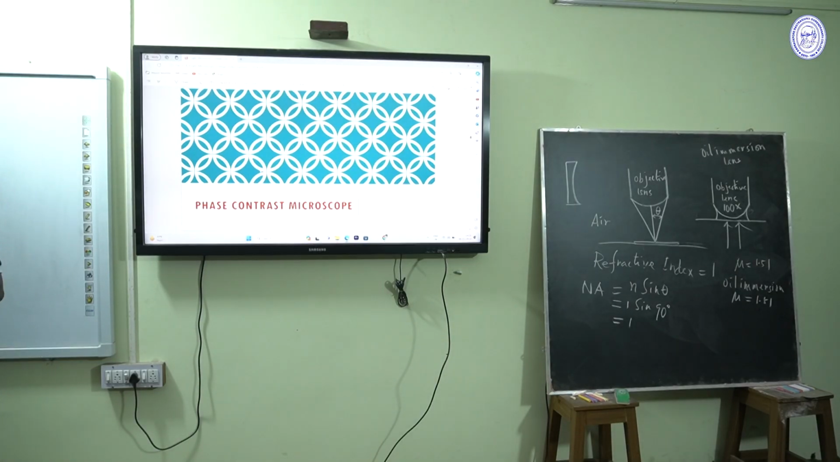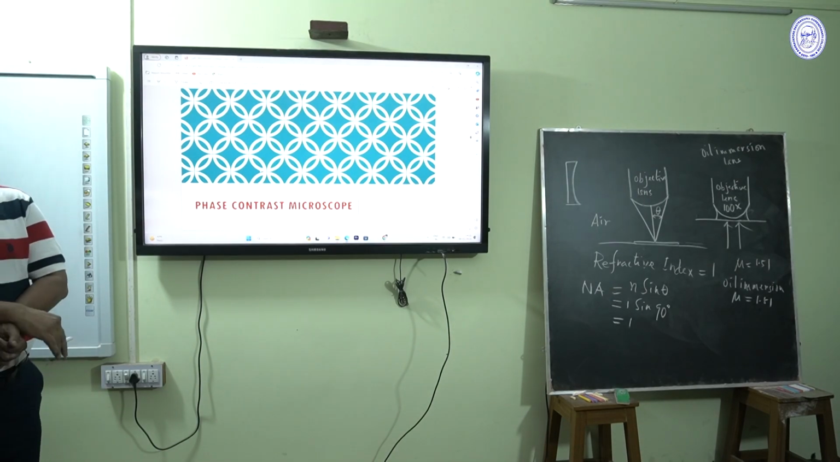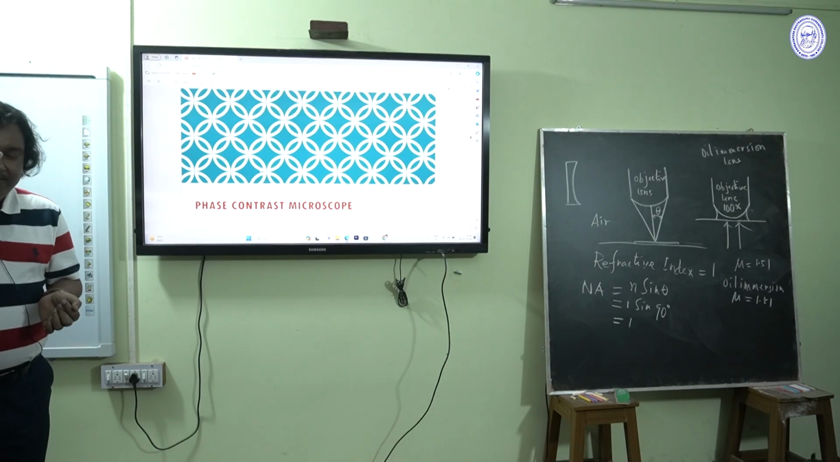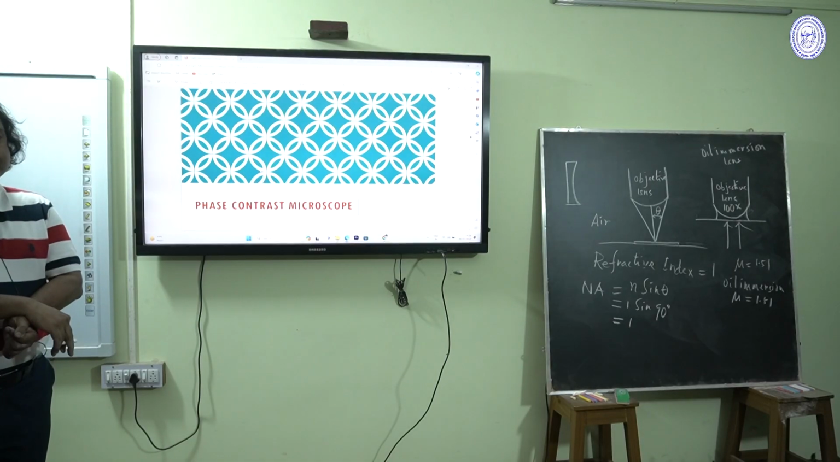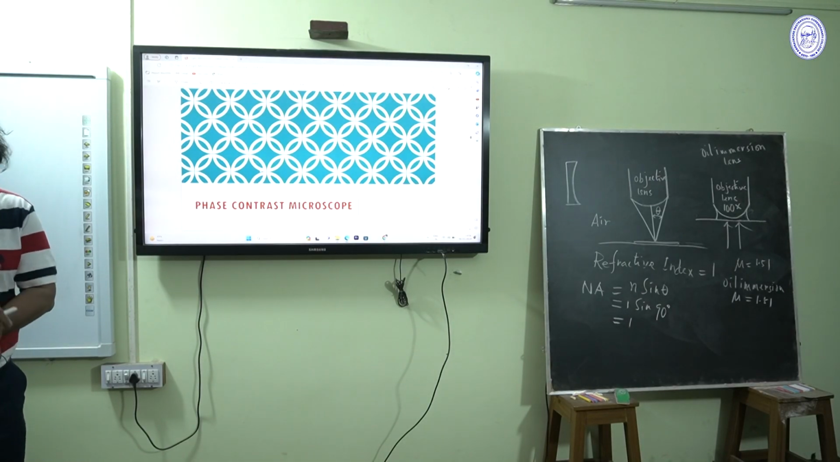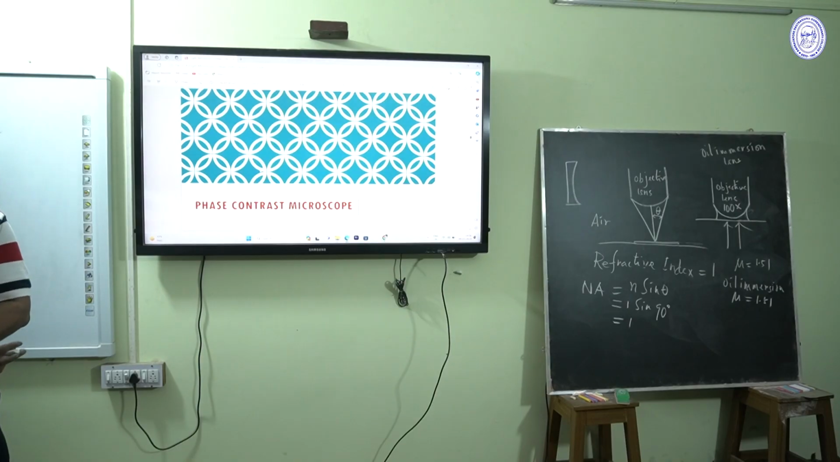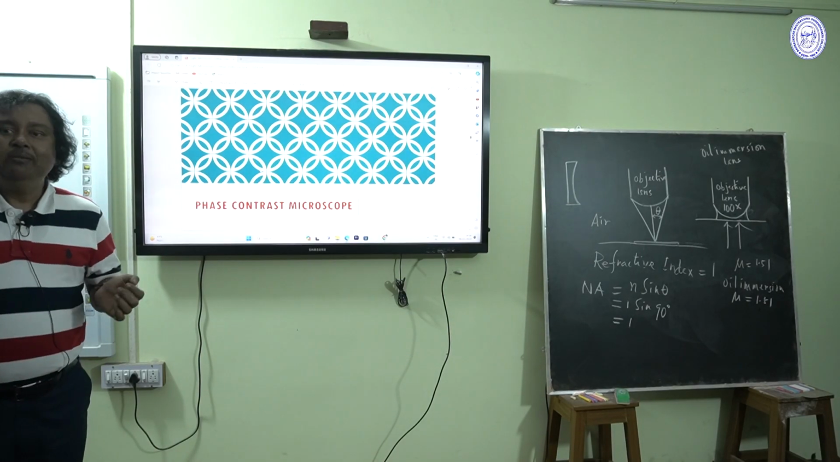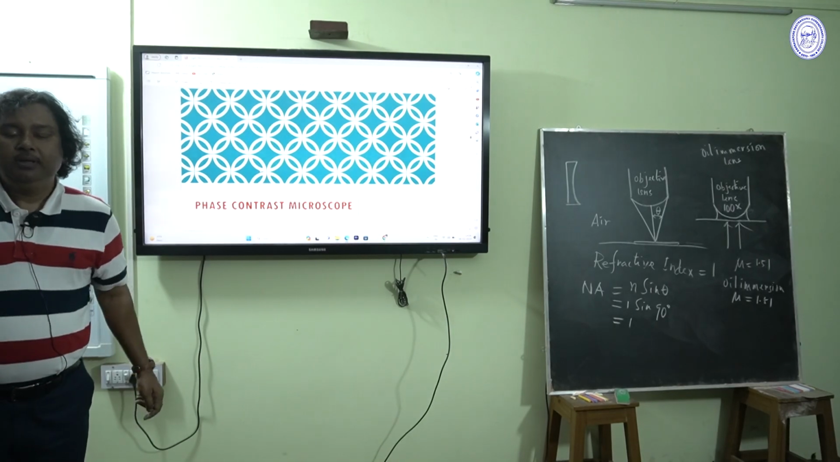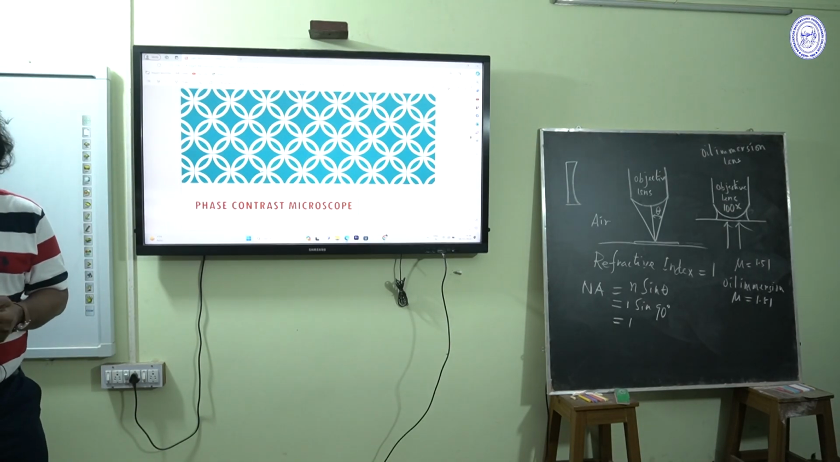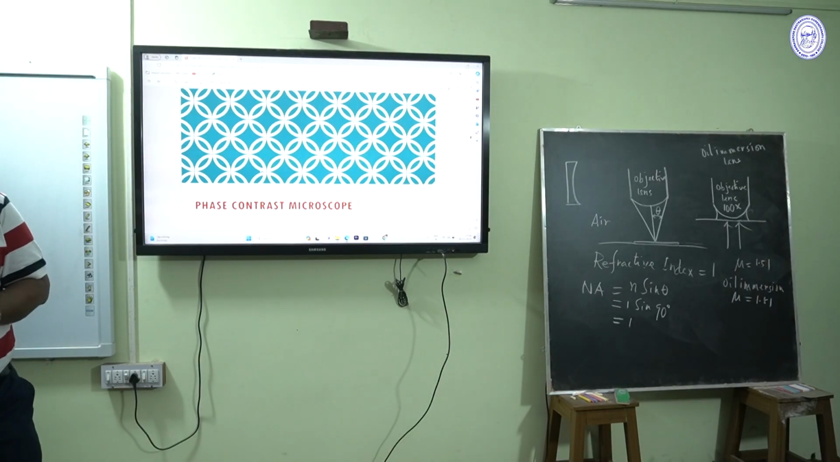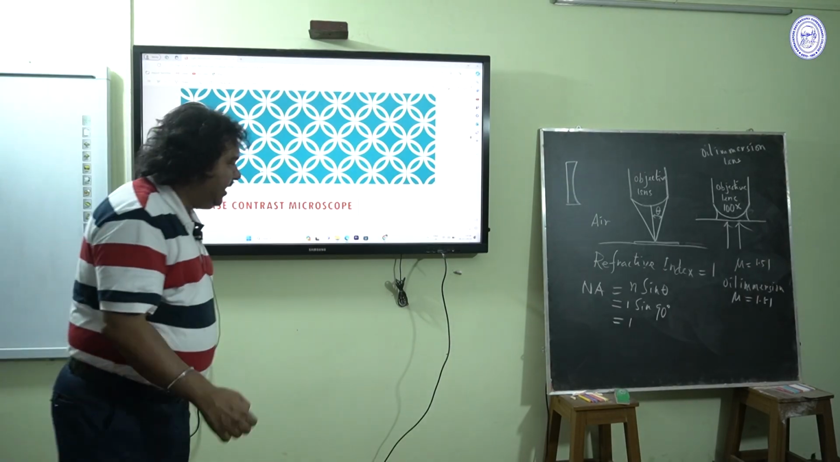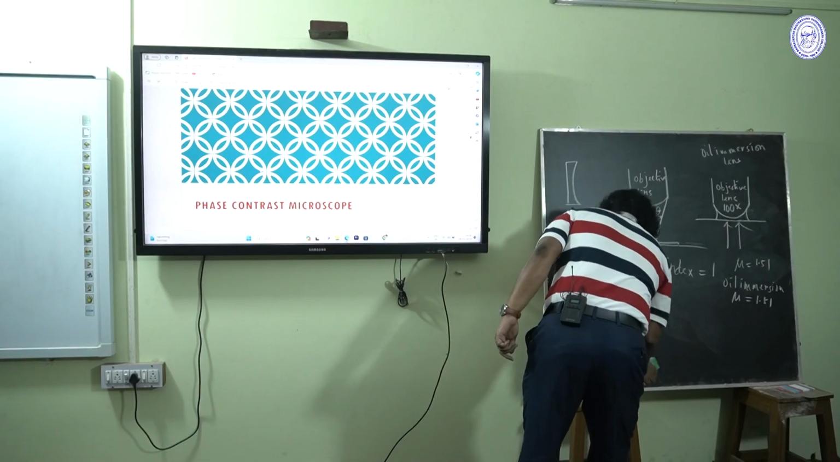To overcome this problem and to see unstained and live cells, scientists tried, and the phase contrast microscope was invented. This microscope has the advantage that it can create an image of the live specimen and unstained specimen. So you will be able to see the specimen in its exact shape as well as in its exact activity. The Dutch scientist Fritz Zernike,